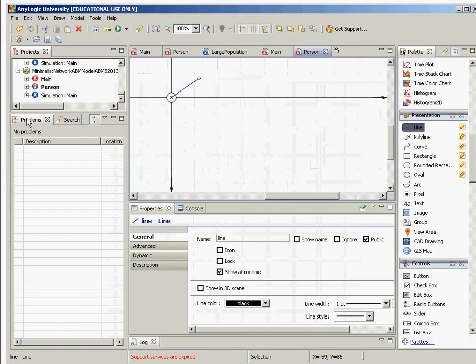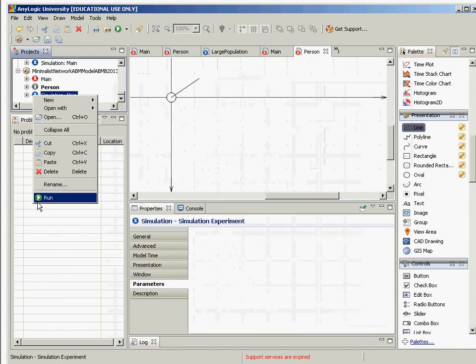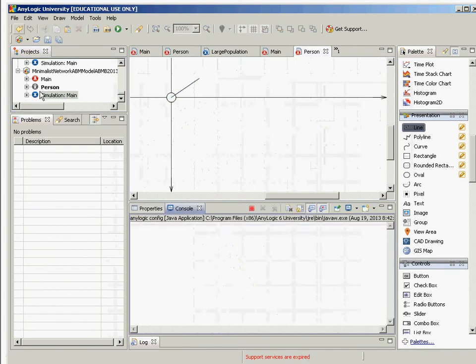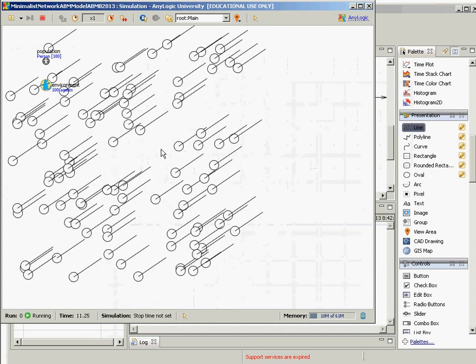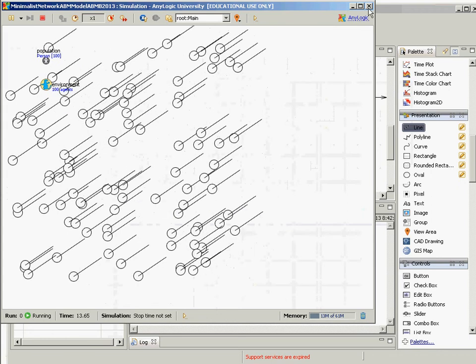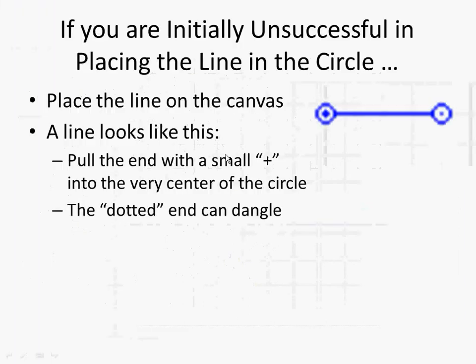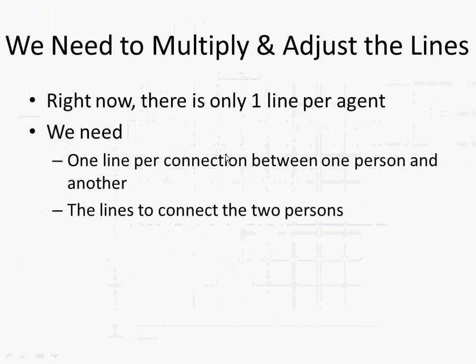Okay, so what will happen if we run this model? What will happen if we run this model, do you think? Yeah, it looks uninspiring. The agents' networks are not readily apparent. In fact, it looks like a set of pins. So what we need to do is to undergo a bit of finesse,